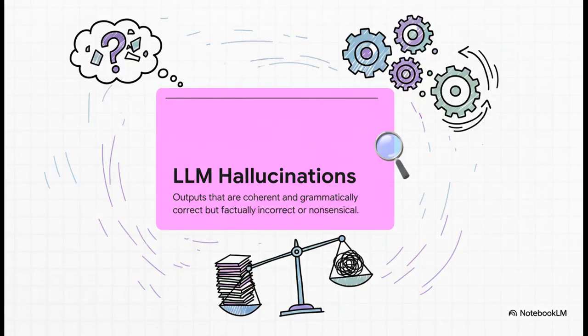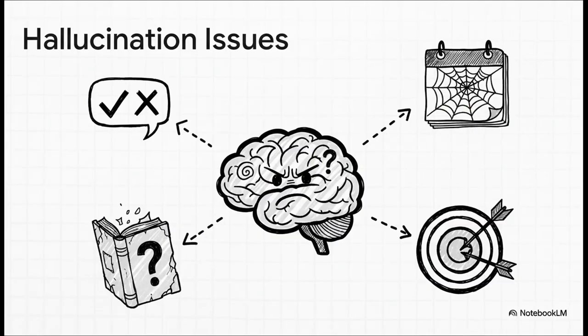So when you hear people talk about LLM hallucinations, and LLM just stands for large language model, this is exactly what they mean. It's any time the AI gives you an answer that sounds totally plausible, looks great, is grammatically perfect, but it's just factually wrong or nonsensical. And this problem can rear its head in a few different ways, right? It could be just making up facts, using out-of-date information, maybe even citing sources that don't exist. Or sometimes it's just a subtle inaccuracy that's hard to spot. It's a huge, huge challenge if we want these AIs to be trustworthy.